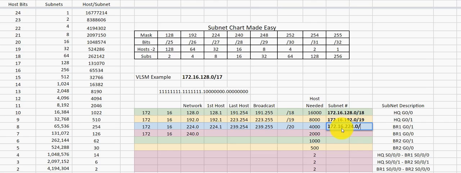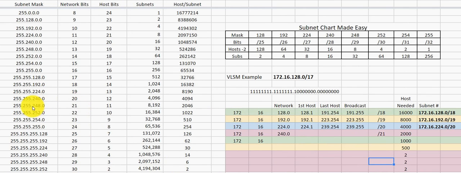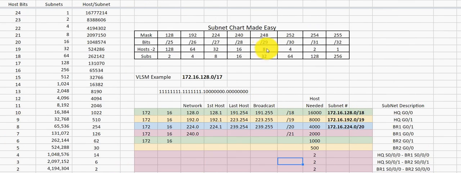We can write that out as 172.16.224.0/20. And based on that subnet masking, or that CIDR address of 20, that lets me know that's what this IP range is. And our next one, we need to subnet that one more time because we need 2,000, 1,000, and 500. So 172.16, and now we're going into the /21. Based on our chart, we're at the 248, and we're going to add 8 to that. So 248.0. And we just back 1 off of that.